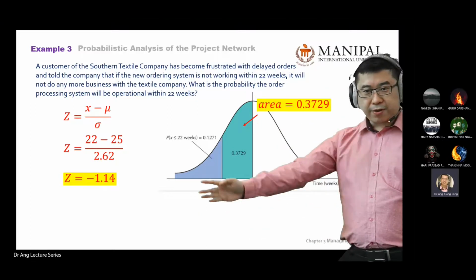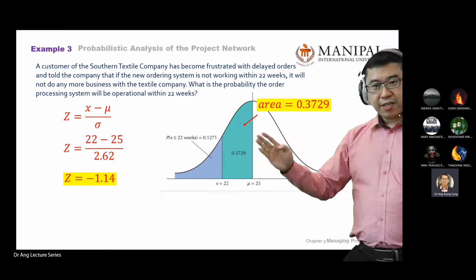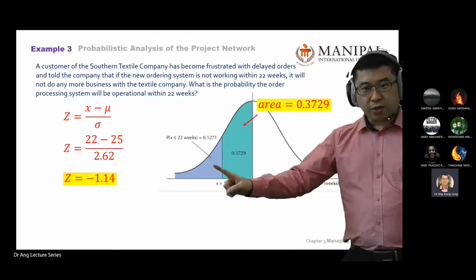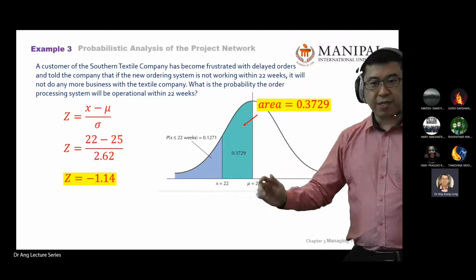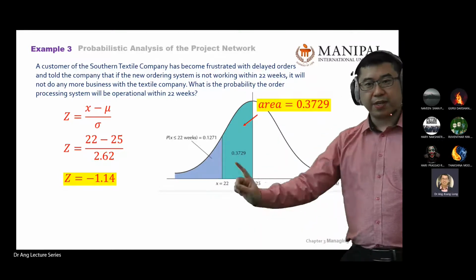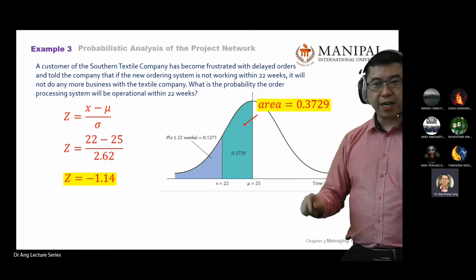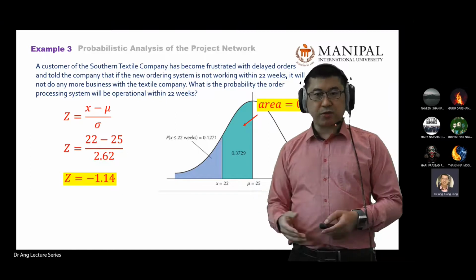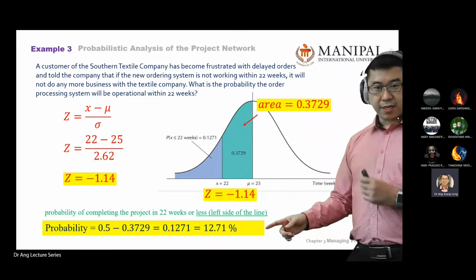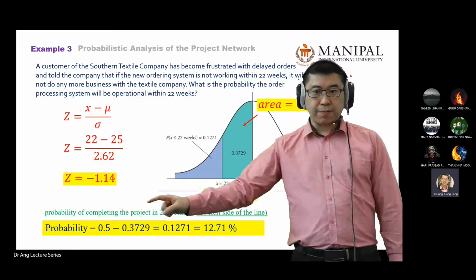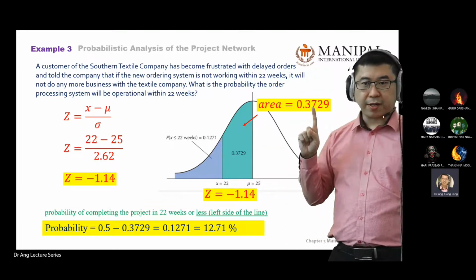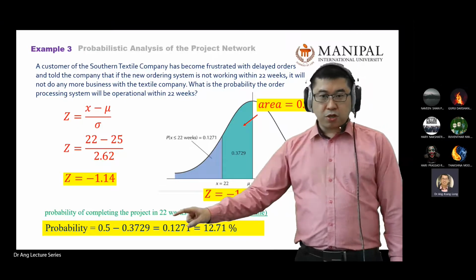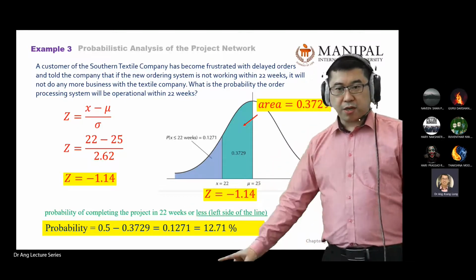So from this diagram, you should know how to do the calculation already. The area you find is 0.37 something. Total area, half of the graph, is 0.5. What is the remaining area? You take 0.5 minus this value, and that is the probability of completing the project in less than 22 weeks. So this is how you do it. You take 0.5 minus the area you found through interpolation. You get 0.1271,